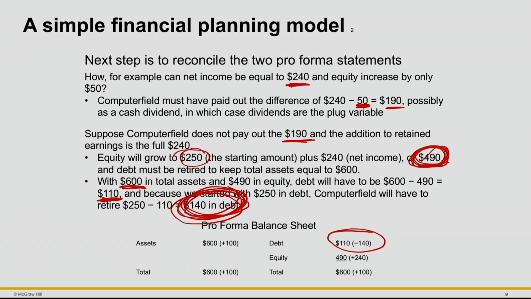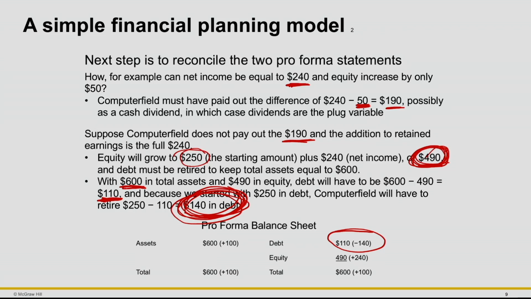Now, this is a topic for much greater depth discussion later on in the class and in your second semester of corporate finance. But a shorthand here is that there's usually some sort of optimal, or at least we think of some sort of optimal amount of debt for a particular firm or for a particular industry. And maybe we've dropped well below that. And if we're below the optimal, that means that we might be decreasing the market value of our firm. So we want to be very careful about how we deal with this.